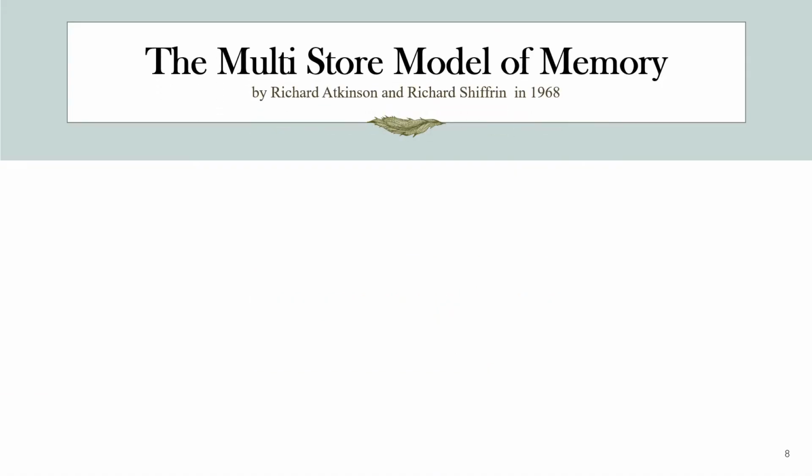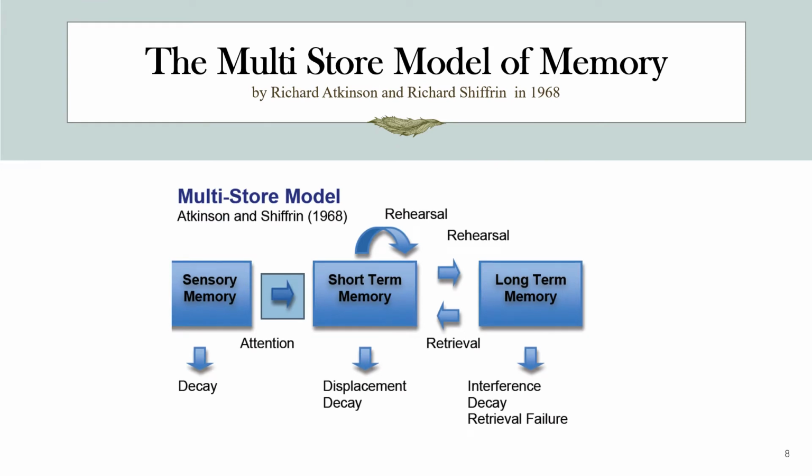Background of study. We will talk about the multi-store model of memory. It was done by Richard Atkinson and Richard Shiffrin in 1968. Here is the flowchart of the multi-store model. It is also known as the modal model. The model is an explanation of memory in three unitary memories, including the sensory memory, short-term memory, and also the long-term memory. The working of memory can be categorized into three processes,